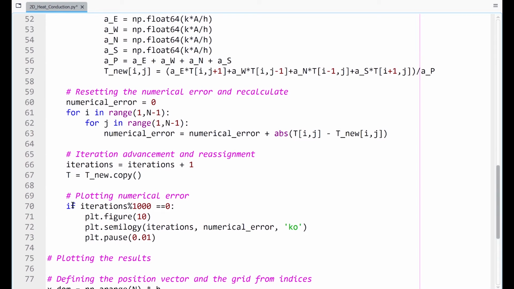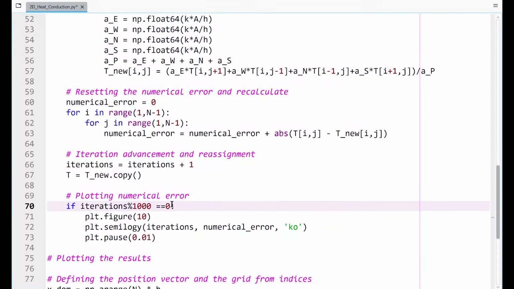So here I'm saying that if iterations divided by 1000, so what that means is that if you divide your iterations variable, so initially iterations would be 0, then it would be 1, 2, 3 and so on. So when you divide by 1000, and if the remainder of that is equal to 0, then only this block would execute. So what I'm trying to do here is plot my numerical error for every 1000